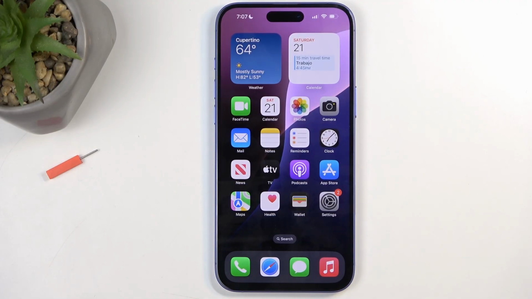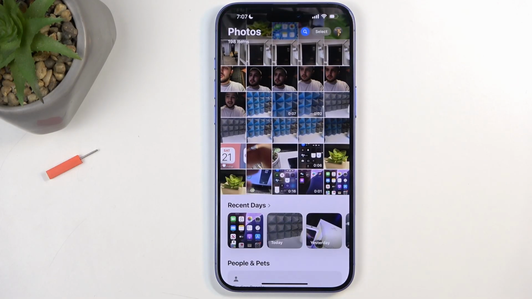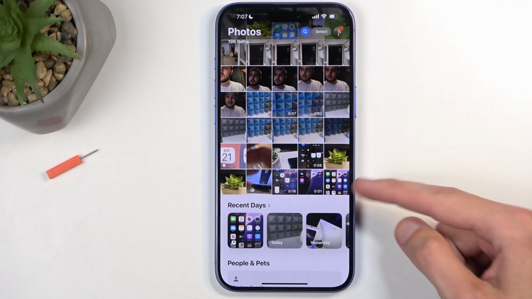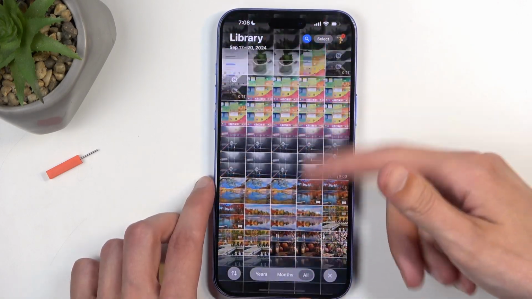So once it disappears, you can find the screenshot that you've captured in your Photos application. And depending on how long ago you have captured your screenshot that you want to view right now, you might need to look in different locations for it. Now I will mention the screenshot itself will always be visible in the Photos tab, which obviously if you take a lot of photos,